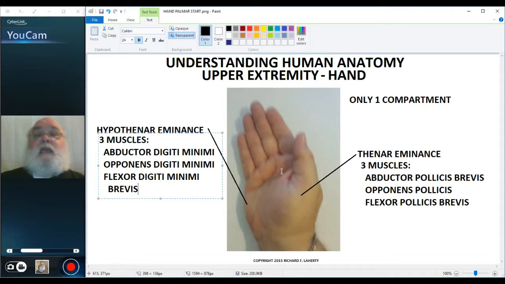The remaining muscles in the hand, we have an adductor of the thumb, an adductor pollicis, and then we have lumbricals, palmar interossei, and dorsal interossei. And we have the tendons coming from the long flexors that originate in the forearm and then pass to the phalanges in the digits. So before we take a look at the lumbricals and the interossei and these long tendons and how they interact,